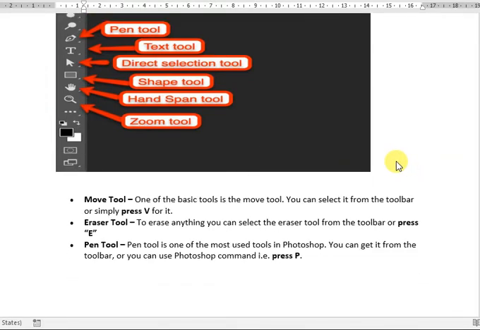In the previous video I also explained the keyboard shortcuts of the tool panels, like the move tool. You can simply press V for the move tool. If you want to use the eraser tool, you have to press E. If you want to use the pen tool, for that purpose you have to simply press P.